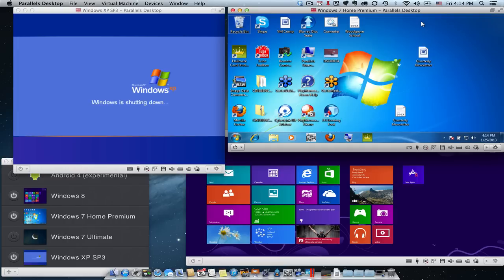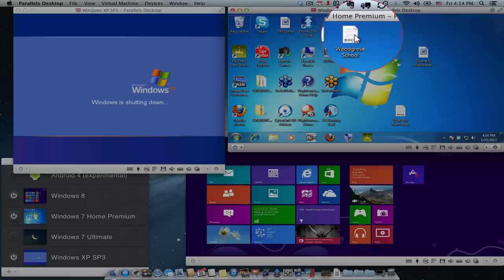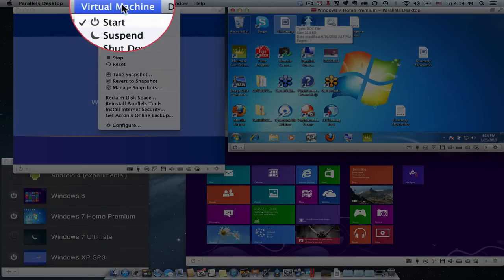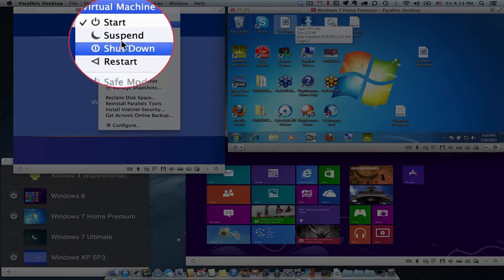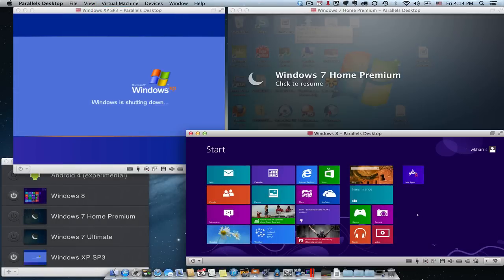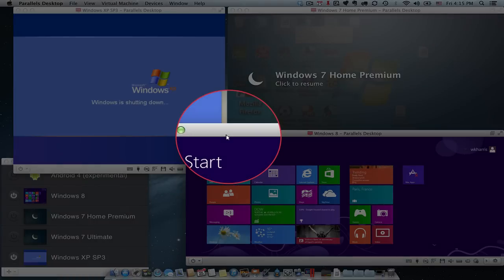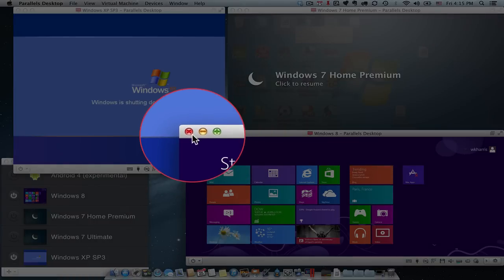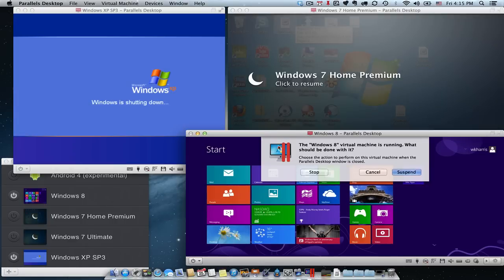Another way to shut down or suspend the VM is to go to the Virtual Machine menu of the running VM and select either Shut Down or Suspend. With the VM running in windowed mode, you can either suspend or stop Windows by clicking on the OS X Window Close button. This will either suspend, stop, or prompt you on what you want to do depending on how